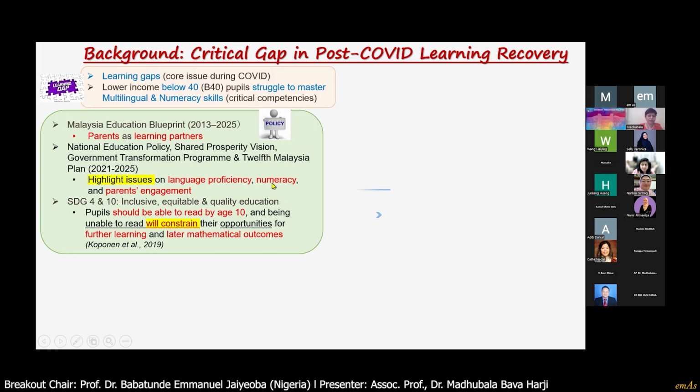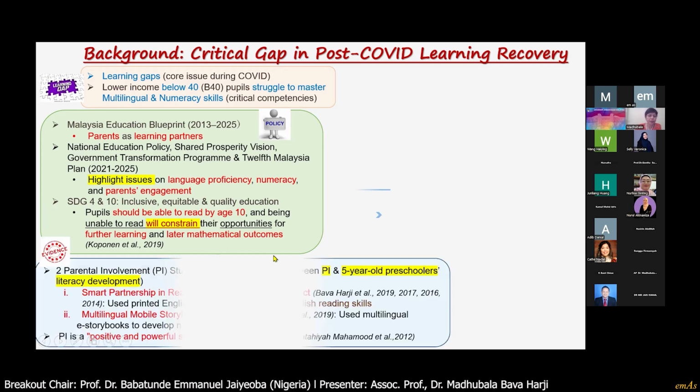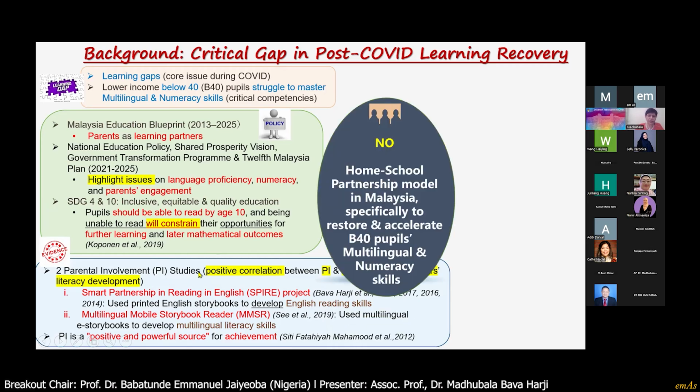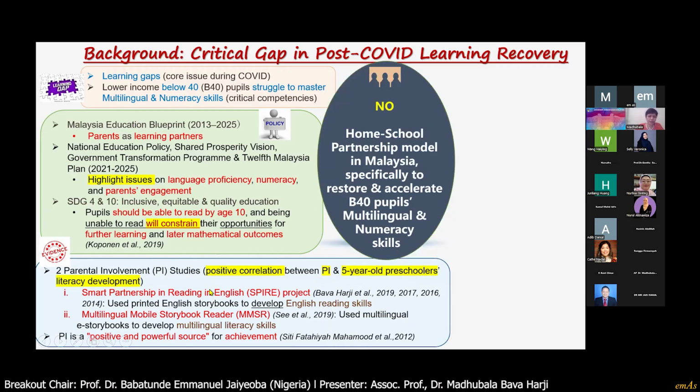Looking at all this, we know there's also this concern that Copenhagen has highlighted that people should be able to read by age 10. And being unable to read will constrain their abilities to further learning and later mathematical outcomes. Now, there were two studies in Malaysia based on our literature. Both the studies are involved. One is the Smart Partnership in Reading, okay, and the other is